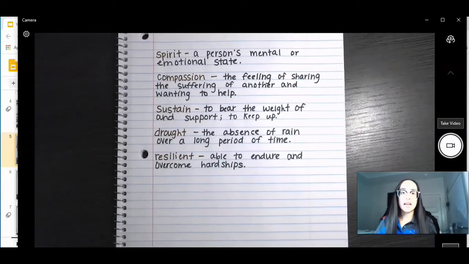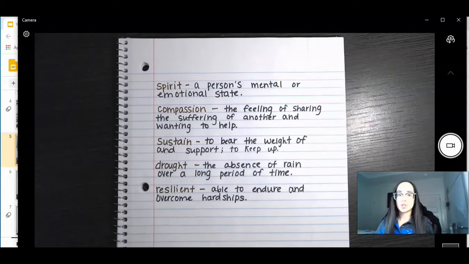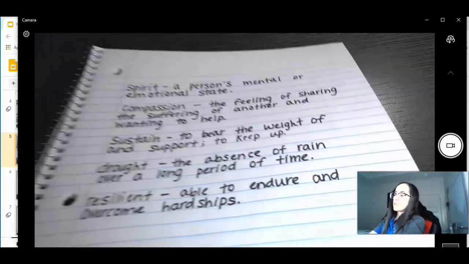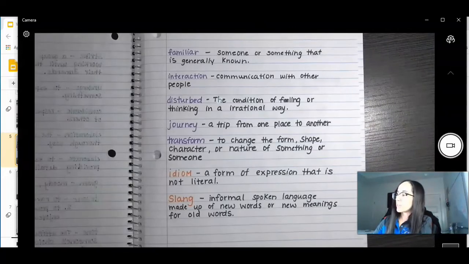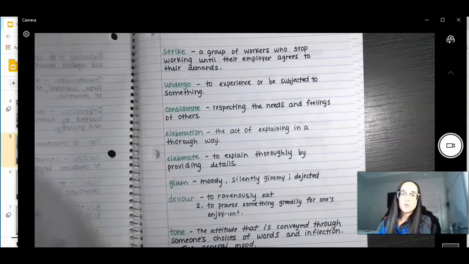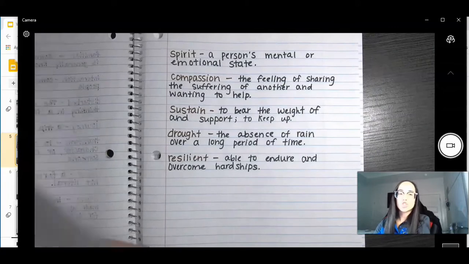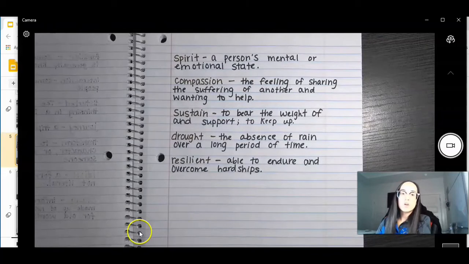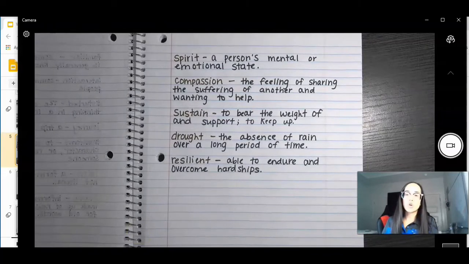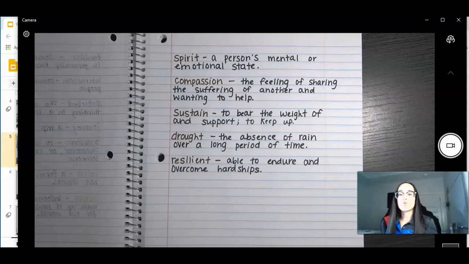I already wrote down in my ELA notebook the vocabulary for today's lesson. Notice how I have most of my vocabulary words that we've been learning over this course of Module 1 all in one journal, which is what I would definitely like for you guys to do as well. Try your best to keep your notes in one notebook so that if we do end up transitioning to school, or even if we stay learning online, you will have all of your notes in one place.